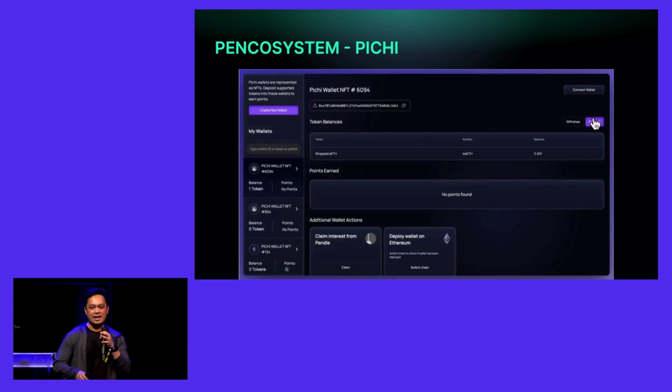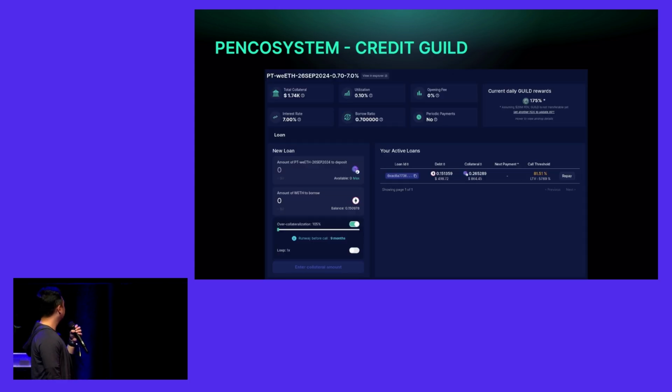Peachy is a points trading protocol. They also take advantage of ERC 6551, which is the token-bound accounts. The idea behind token-bound accounts, like from the previous presentation, is that you have an NFT having ownership with many different wallets. And since these wallets are earning points over time, you can then use that NFT to trade it with other users. So essentially, Peachy is a place for you to be able to trade points that are earned through Pendle, like Pendle YTs.